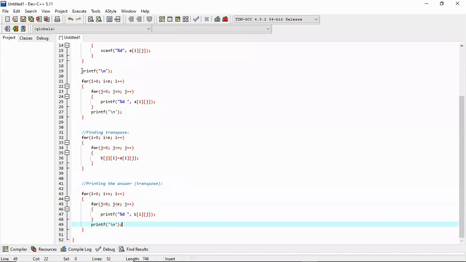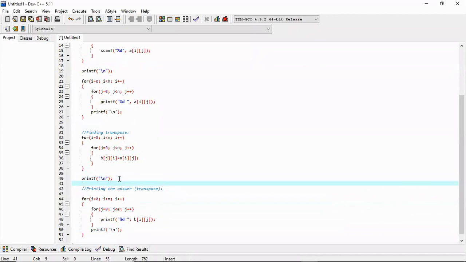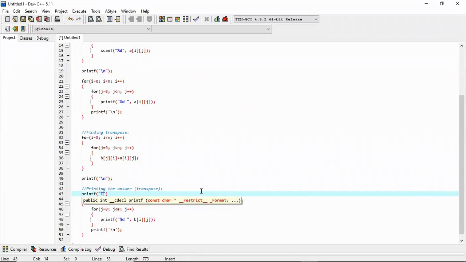And we can still do some formatting here. We can put this thing here, and we can write here printf "the transpose is \n". Good.